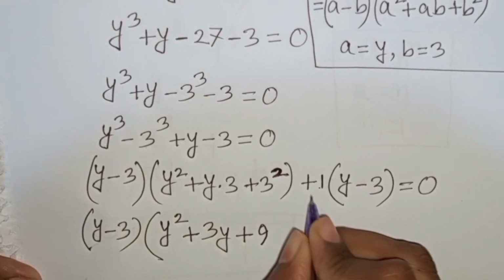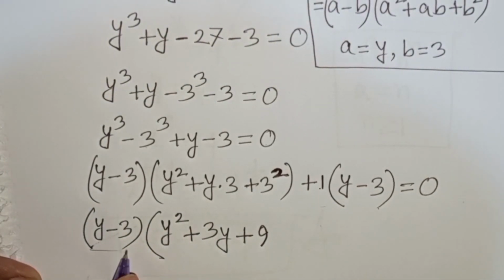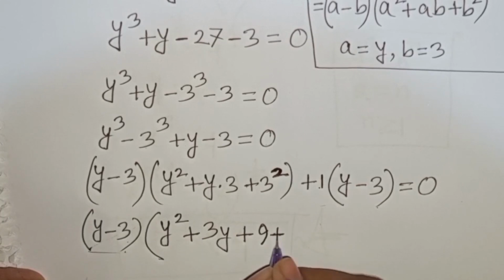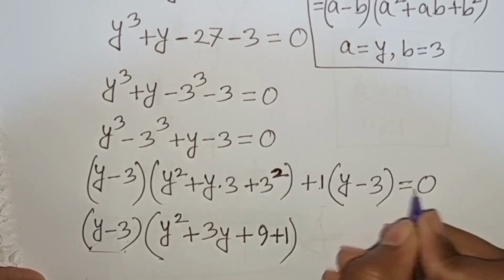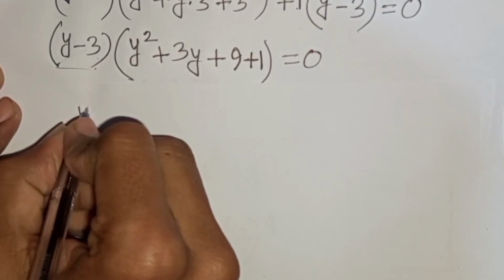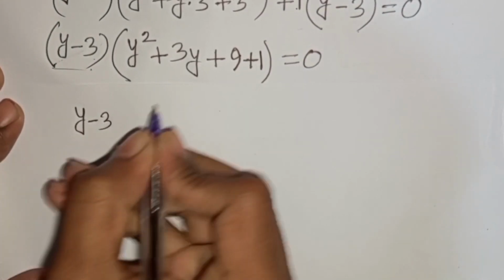Then this divided by this, that means this y minus 3 will be cancelled, so here plus 1, then bracket close is equal to 0. Now we can write y minus 3 is equal to 0,